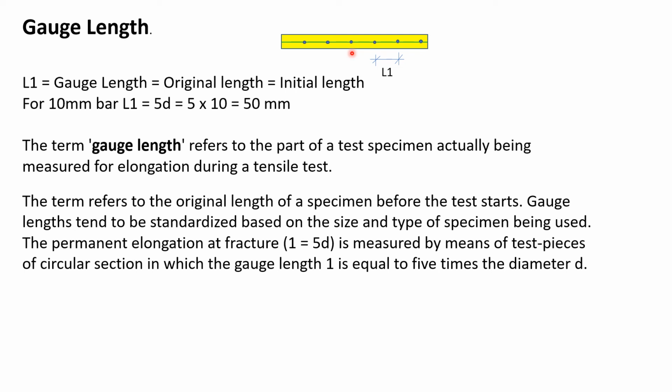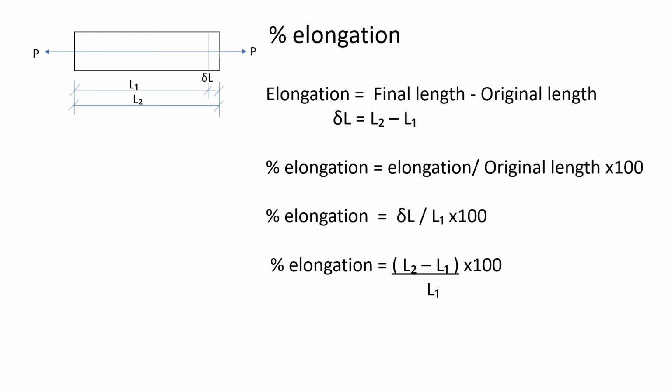That is why we mark the gauge length on the bar, and the gauge length for a circular bar is taken as 5 times the diameter. If the diameter is 10 mm, then 5 times means 5 into 10 is 50 mm, and this gauge length marking is done throughout the length of the bar before we place the bar in the UTM for the testing. Now suppose this is the L1 gauge length, the initial length,